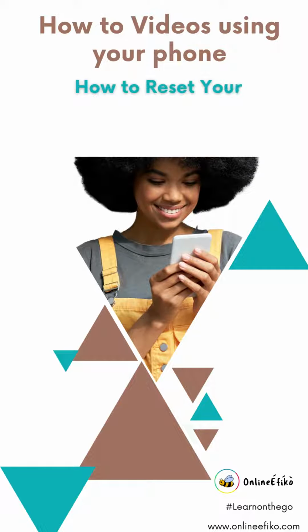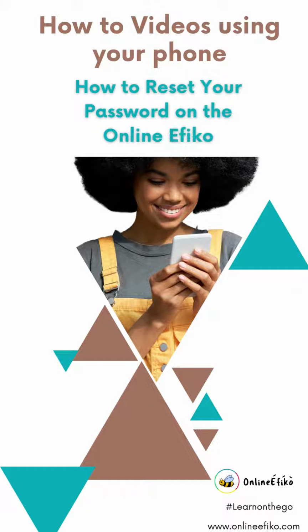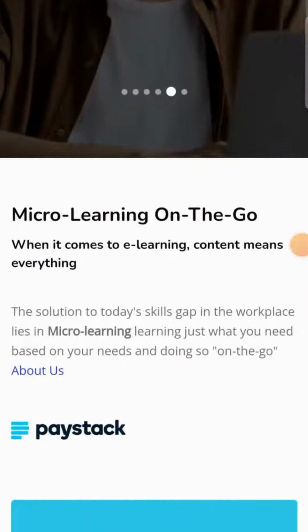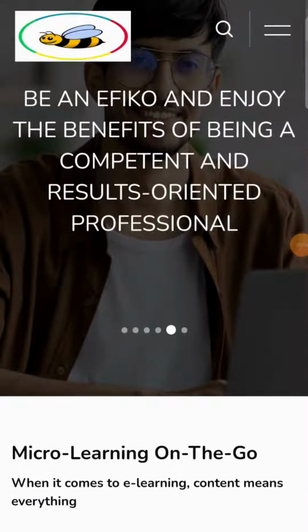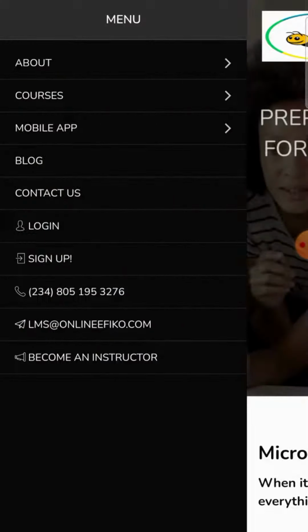How to reset your password. Did you forget the password to your account or even your username? Don't fret. Just load the online Efiko page, click on the two lines located at the top right corner of